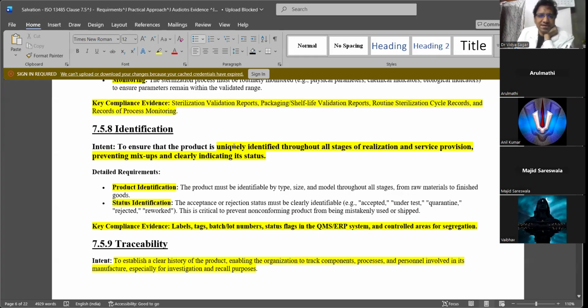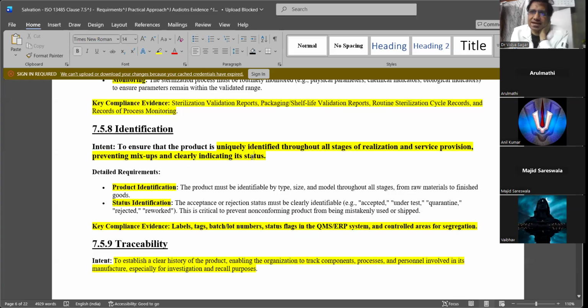So to ensure that the product is uniquely identified throughout all stages of realization, from raw material to the finished good, you need to be able to map the device. That is what we call identification, preventing mix-up, clearly indicating its status.